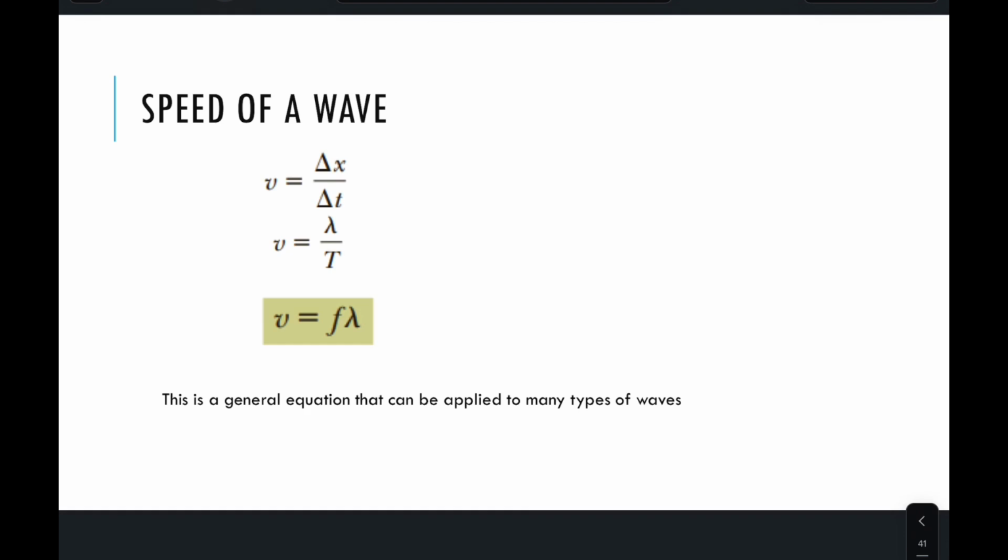And the speed of the wave. In general, speed is defined as the displacement over the time taken. So why are we using delta X? Because we are talking about the speed of the wave, not the speed of the medium. So when we talk about the wave, the displacement must be delta X over the time taken. For one complete period, let's say the distance traveled is 1 lambda. So lambda over T,